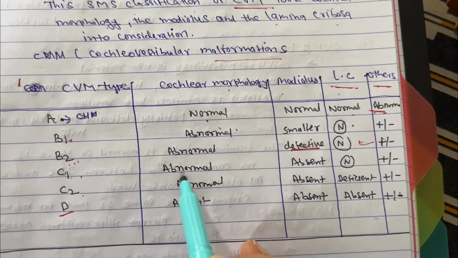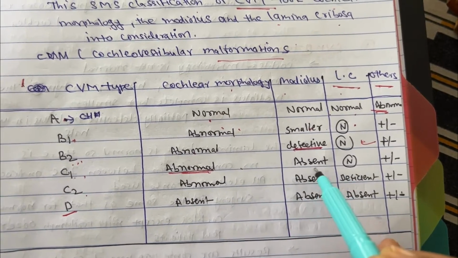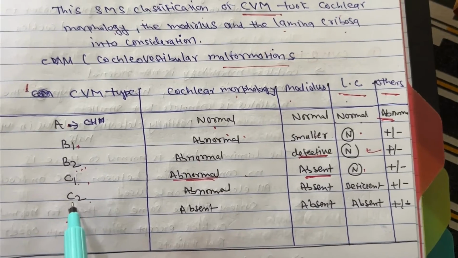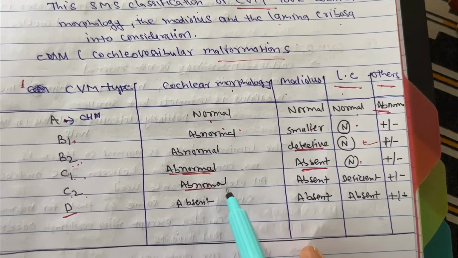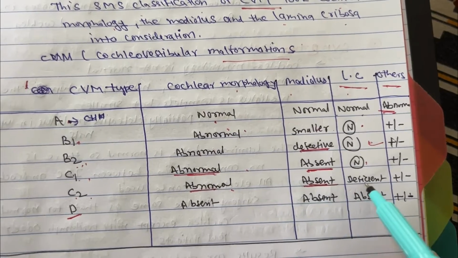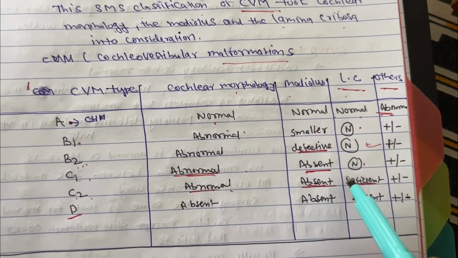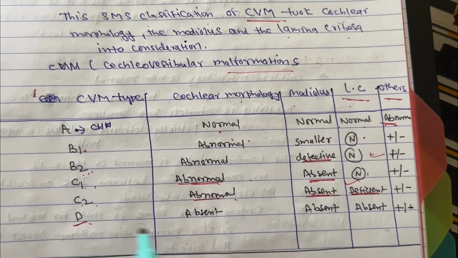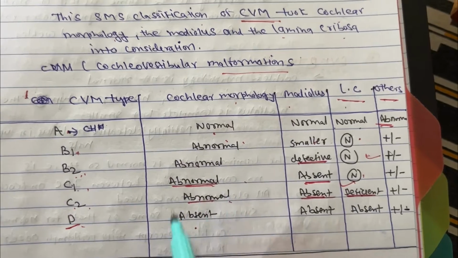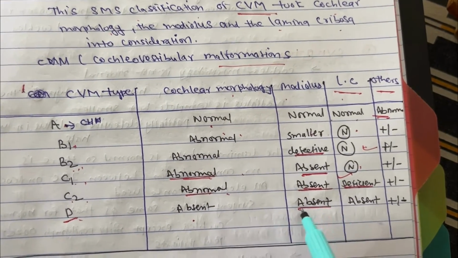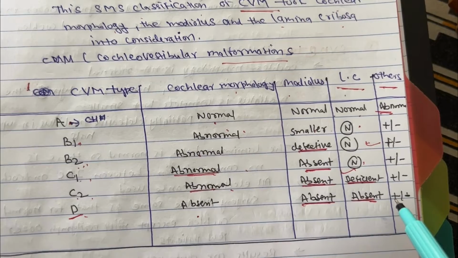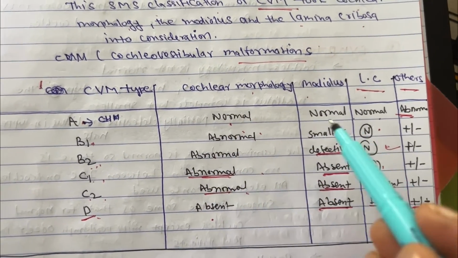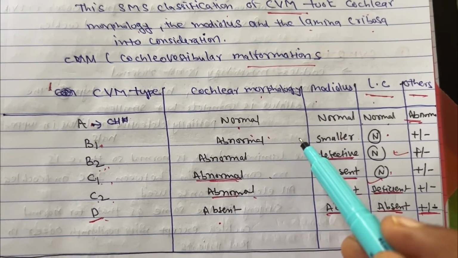In C1, there is abnormal cochlear morphology, absent modiolus and normal lamina cribrosa. In C2, there is abnormal morphology, absent modiolus and absent or deficient lamina cribrosa. So lamina defect starts at the C2 level. And D is absent cochlear structures, modiolus is also absent, lamina cribrosa is also absent. It may associate with cochlear nerve malformations. So this is the 6-part division according to the